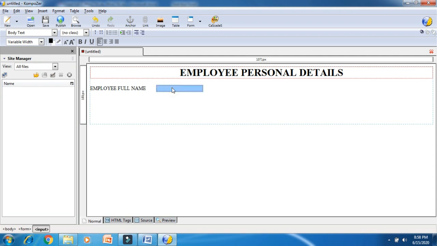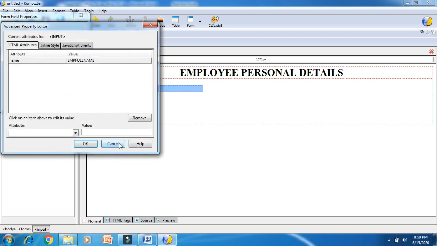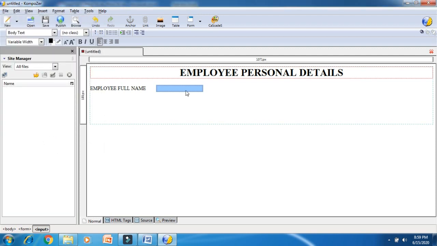If you want to increase the text box size, then what is the option for that? Go here, advanced edit, more properties, field size, maximum length, that you have to put 50, meaning up to 50 characters you can write in that text box.